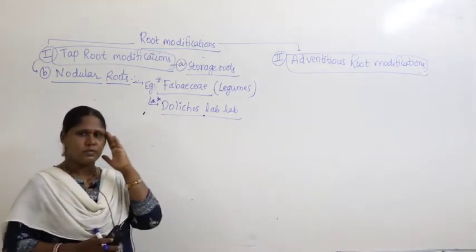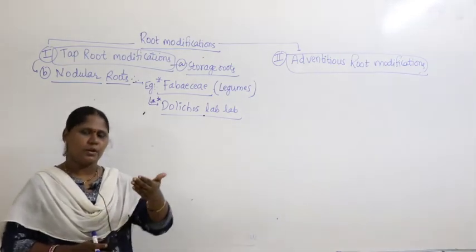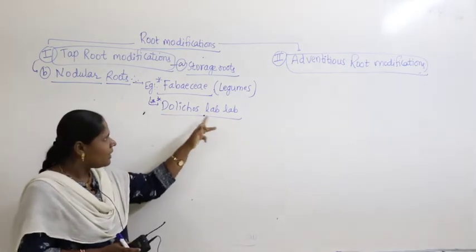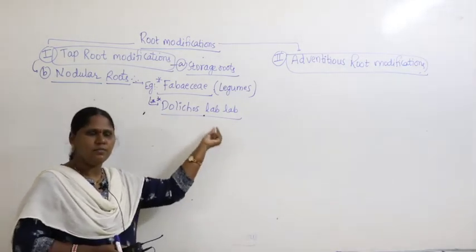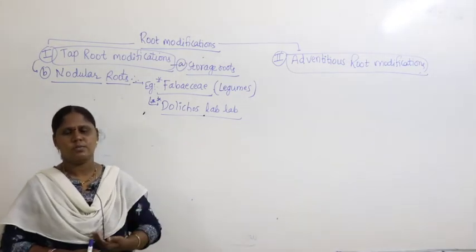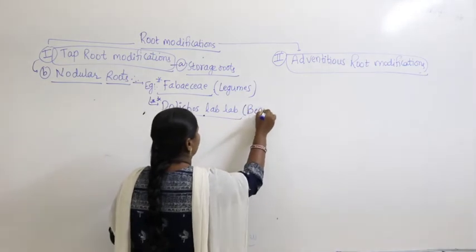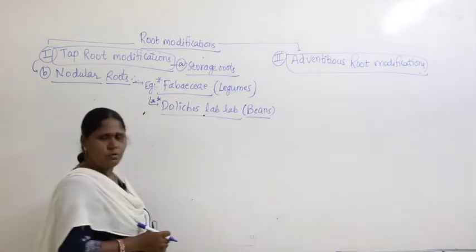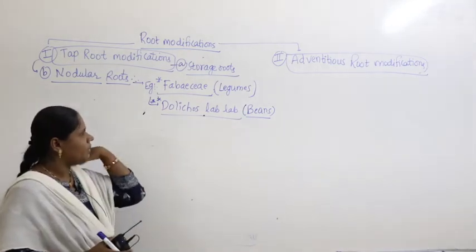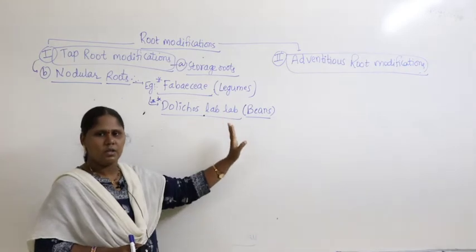Guys, with full concentration you might have studied this in the last class. If you can recollect it, can you tell me what is this Dolichos lablab? It's the scientific name for, what is the common name? A most commonly used vegetable. We can say beans, right? Beans are fibrous, it is fiber content. Generally people take beans, one of the commonly used vegetables.